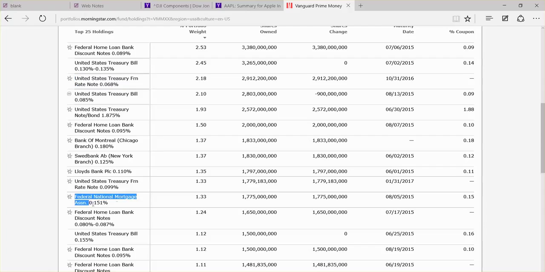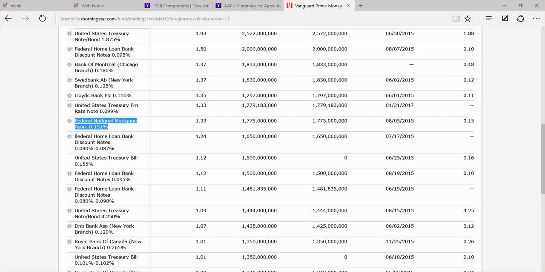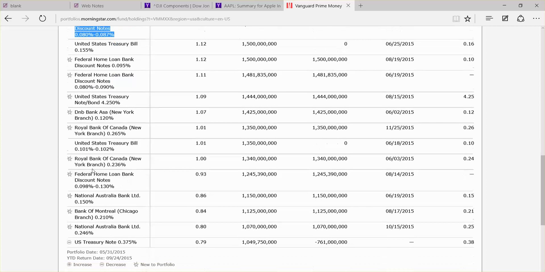Remember how I said certain government entities issue bonds and financial or debt instruments? Here's one of those, the Federal National Mortgage Association. And here's another. Again, these may have had longer maturities when they were initially issued, but now some time has passed and they're shorter term. And so these money market funds are buying them. Here's even some securities issued by the Royal Bank of Canada and the Bank of Montreal. So they have some outside the US